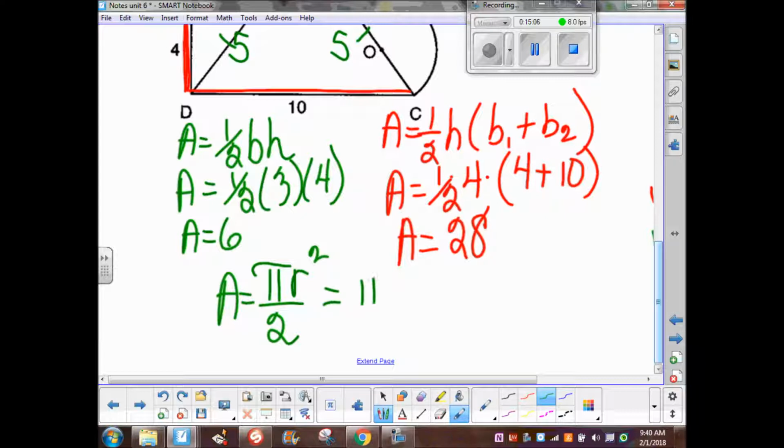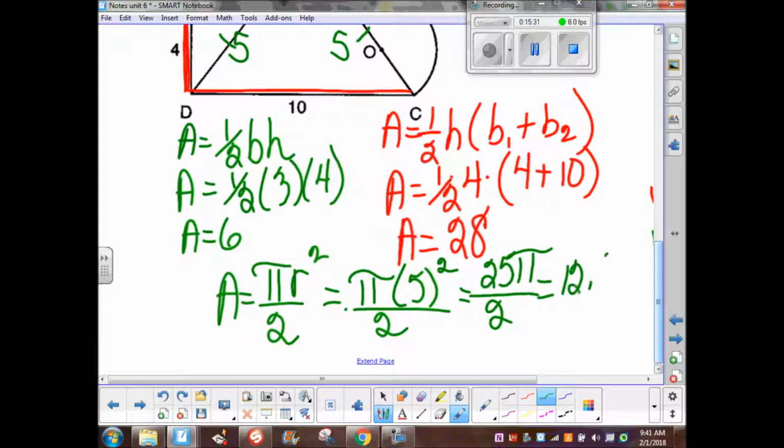So, pi, my radius is 5, I gotta square it, I gotta divide by 2. So right now, it didn't say in terms of pi, but I'm not gonna mess with the pi key yet. Let's do that in the end. All the way in the end. So I've got 25 pi divided by 2. So I know in my brain that's 12.5 pi. Half circle,